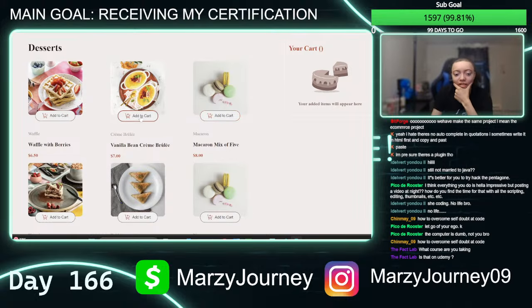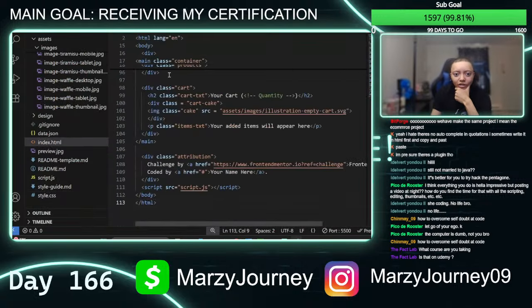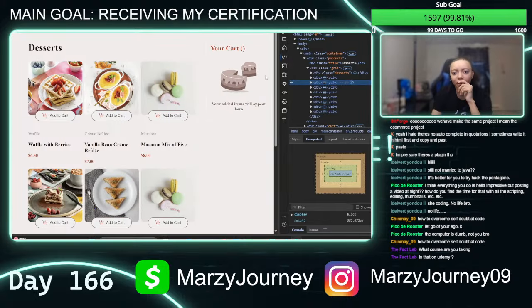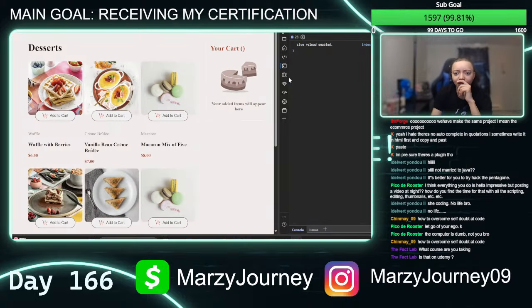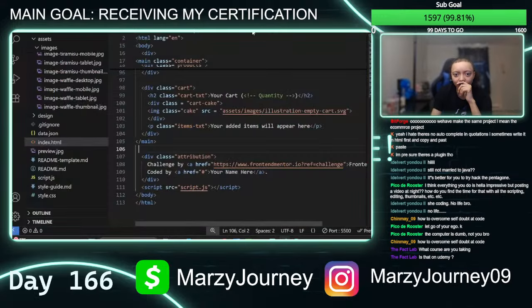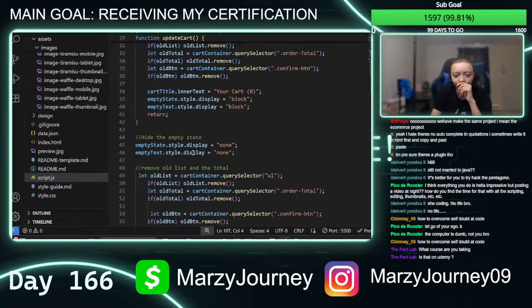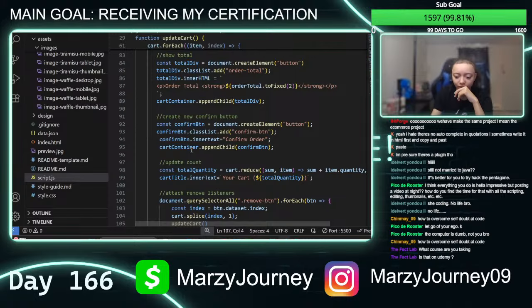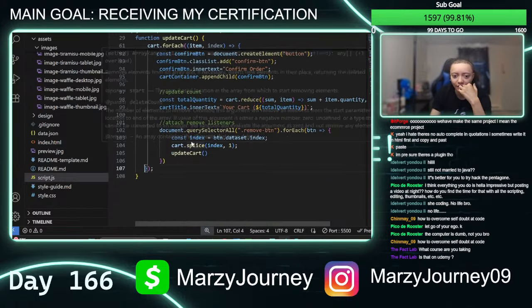Okay, so it's not working as of right now. It means we need to go through everything that I've written. The best thing to do is inspect, check the console. The console looks fine. Wait, why does the console look fine? Give me something. Where did I go wrong? Or maybe it was what I just moved, because he did update cart. There's nothing else to do at this point, right? Title count, remove listeners.